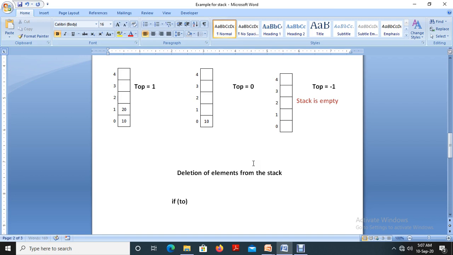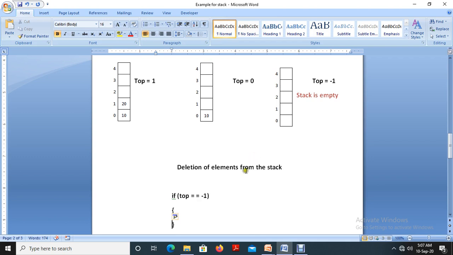If top equal to -1, we can say that stack is empty.